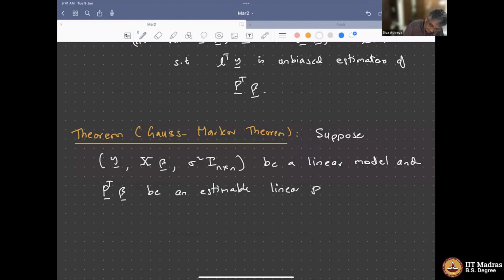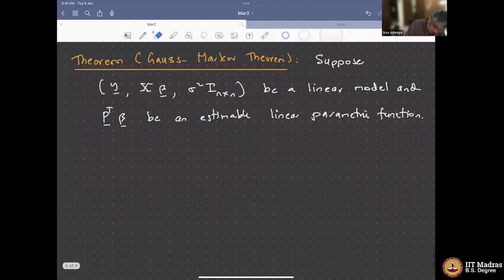Then the theorem says the following. Then the least square estimate, the one that minimizes the squared distance from the true value, the least square estimate of P transpose beta,